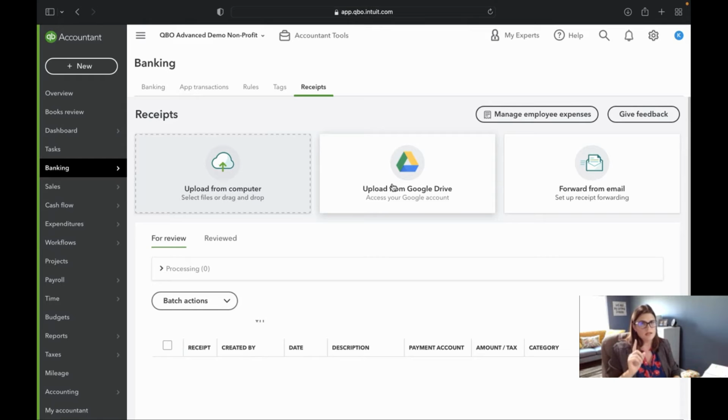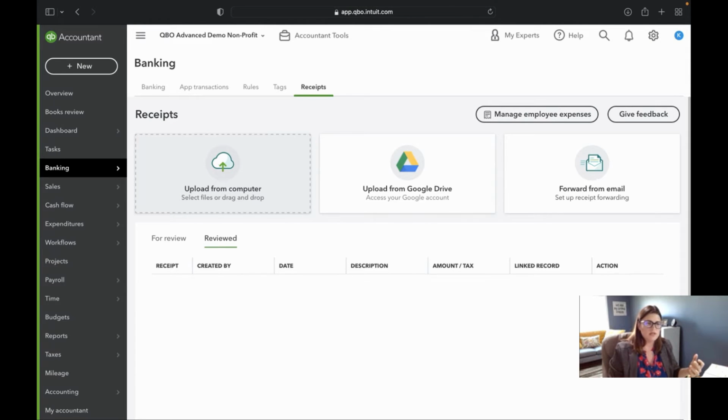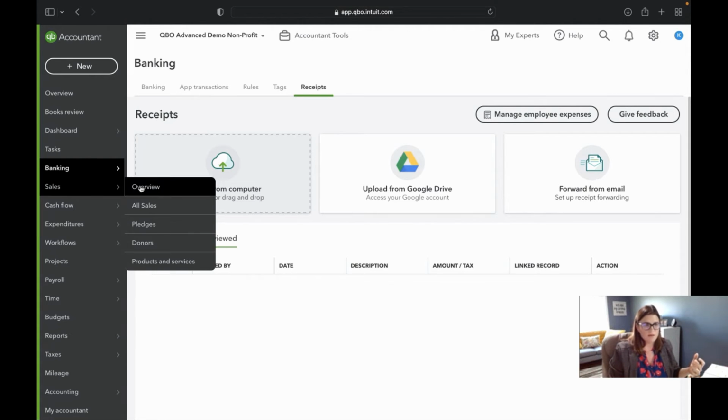Now here is the kicker. Okay, I learned this the hard way. Some receipts that come to your email will not feed through correctly. I'm trying to think of the ones that give me trouble. It's either when the receipt is attached to the email or vice versa, where it's in the email. I cannot remember, but there's one where it will come in and it doesn't read part of the receipt and I have to go back in and do it manually. So that's just something to keep in mind. Once you process your receipt, it's right here in your reviewed, okay?